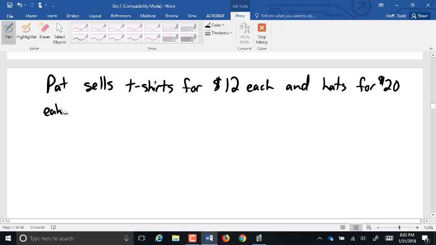What's that? You ever go to an event and buy a hat there? Yeah. Yeah. So anyway,